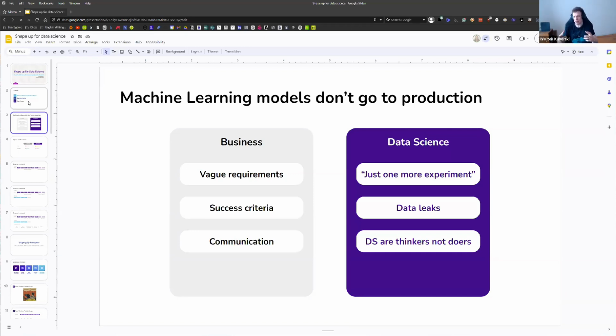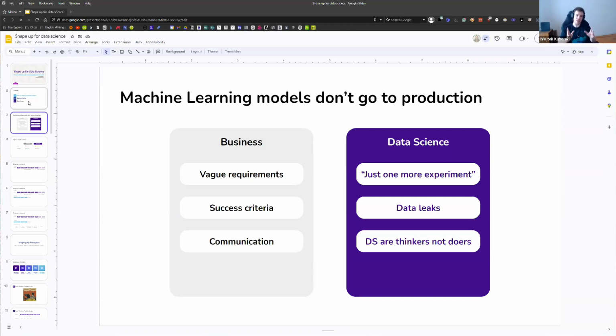deploying in production. And the reason for that is most data science people are really thinkers and not doers, which is in contrast to the engineers, where we just love building stuff. Whereas most data science people don't necessarily like building stuff, but they like figuring things out, which is great for data science because that's what data science is all about. But once you figure out stuff, a lot of data science teams lose motivation to actually deliver things to production. Not all of them, but it's one of the common reasons why models get stuck in this POC